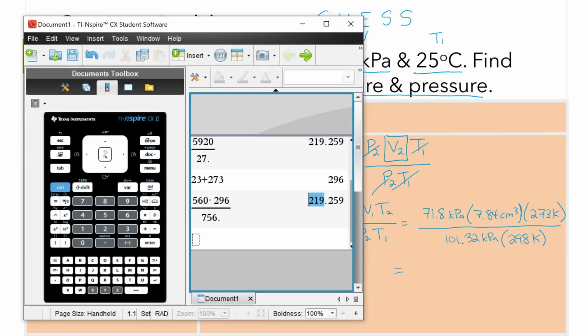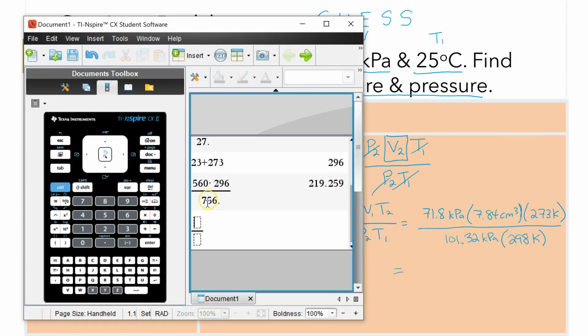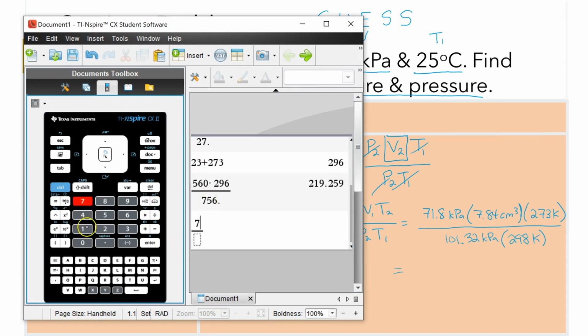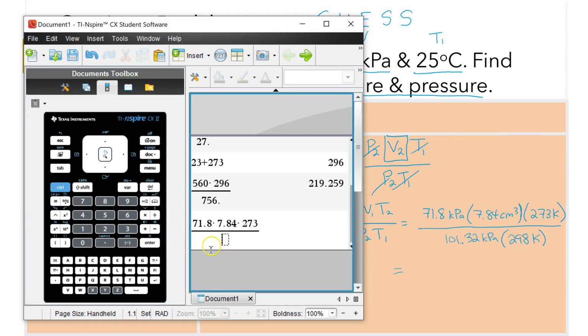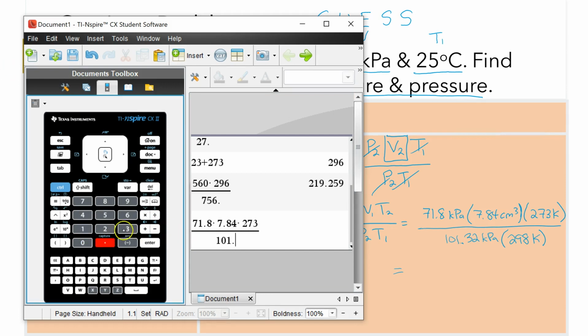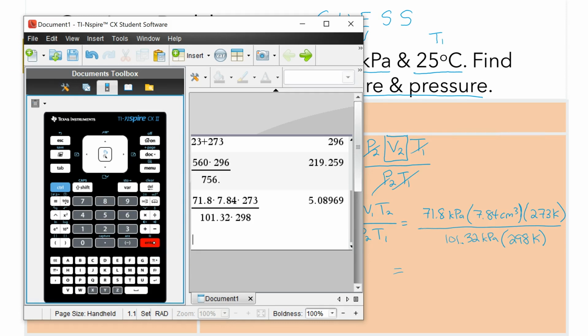So I'm going to use my calculator to solve this, y'all. I'm going to use the fraction function. So clicking here, now I have 71.8 times 7.84 times 273. And I'm going to click for my bottom fraction times 298. So I have decimals, so I'm just going to click on enter, and I get this answer here,